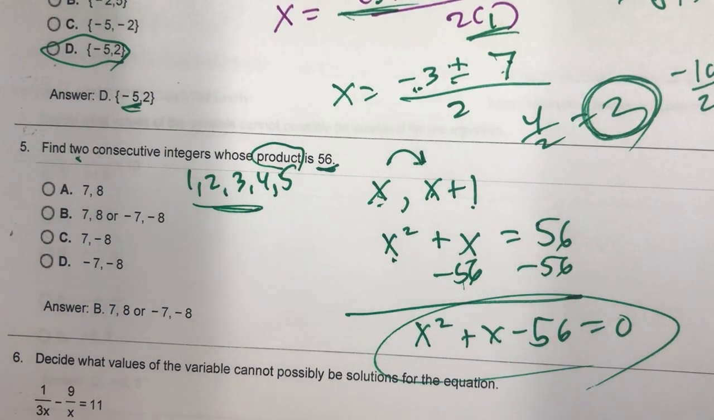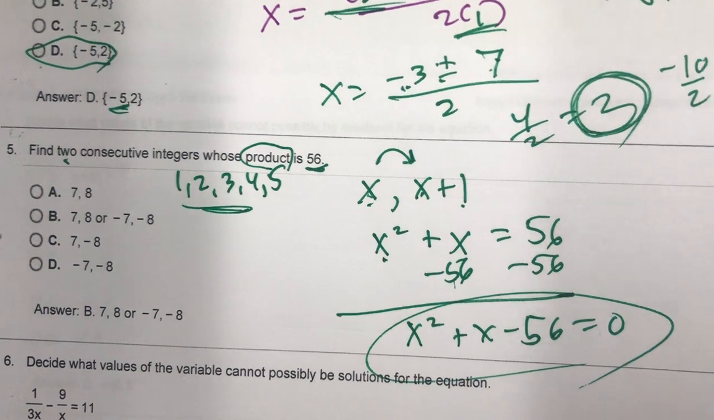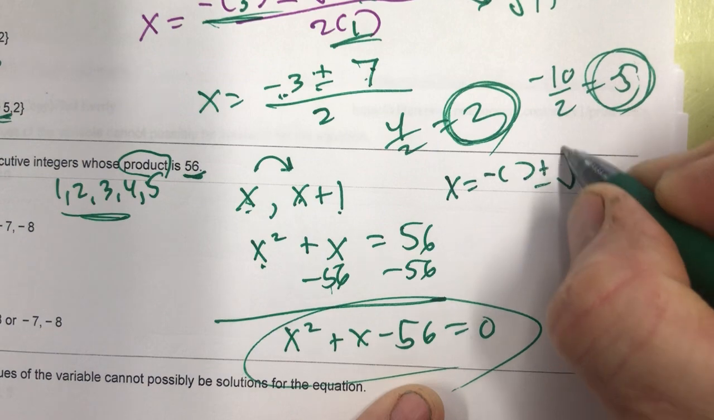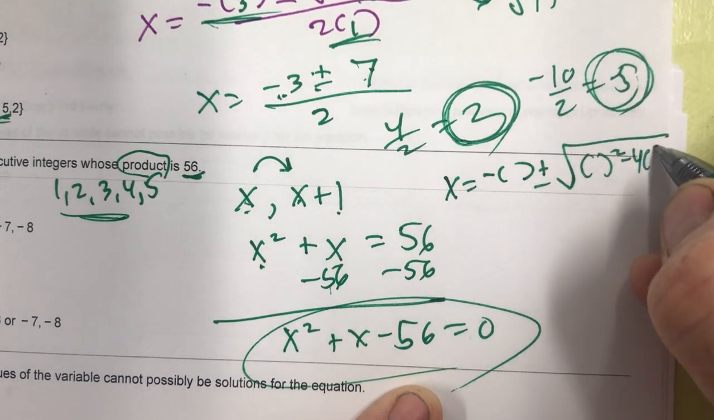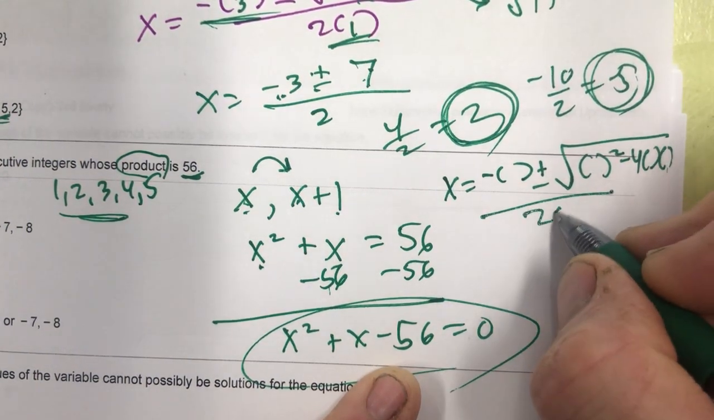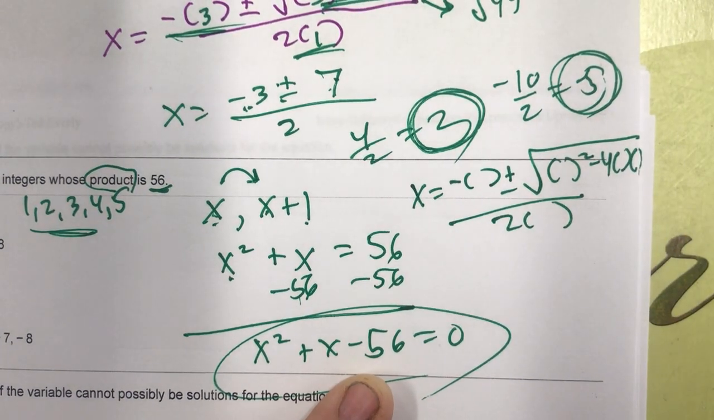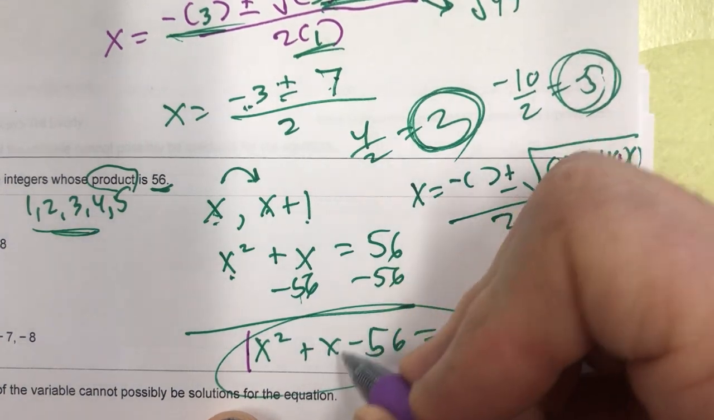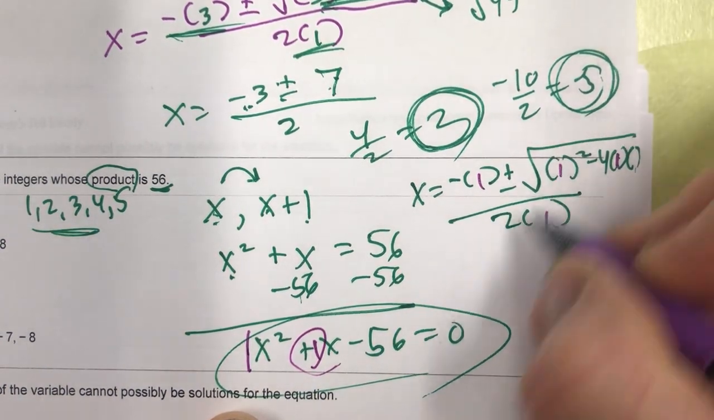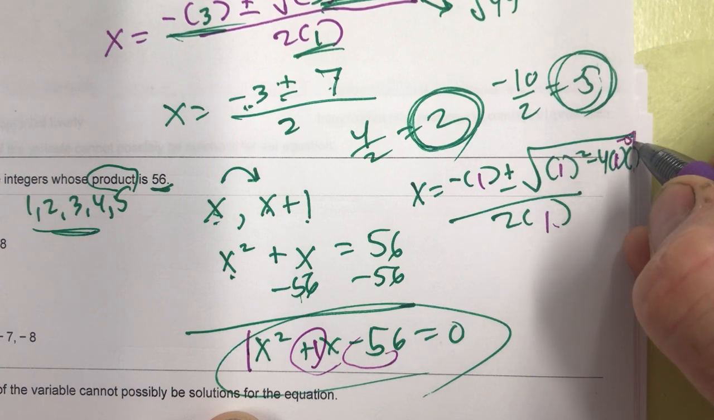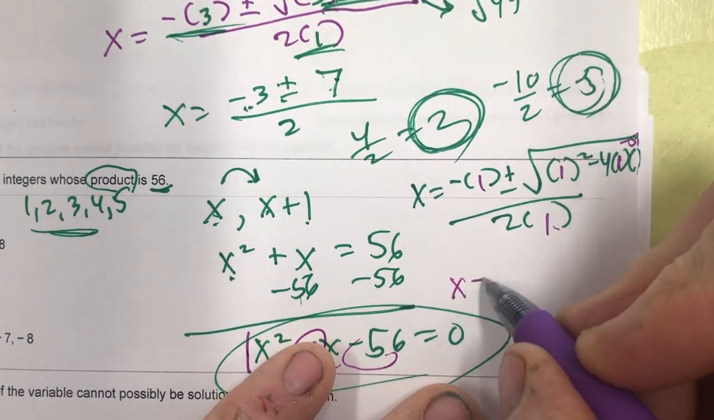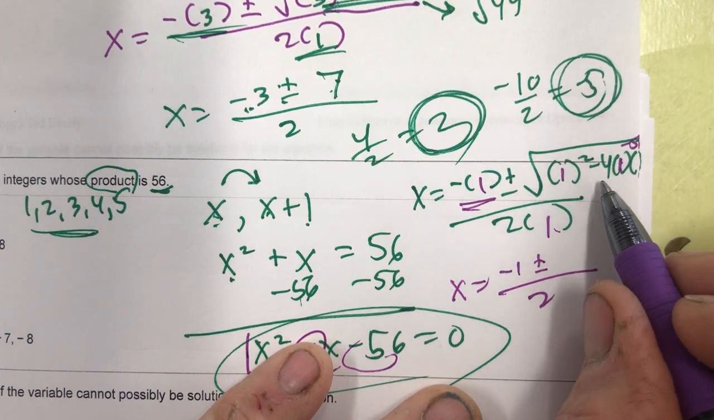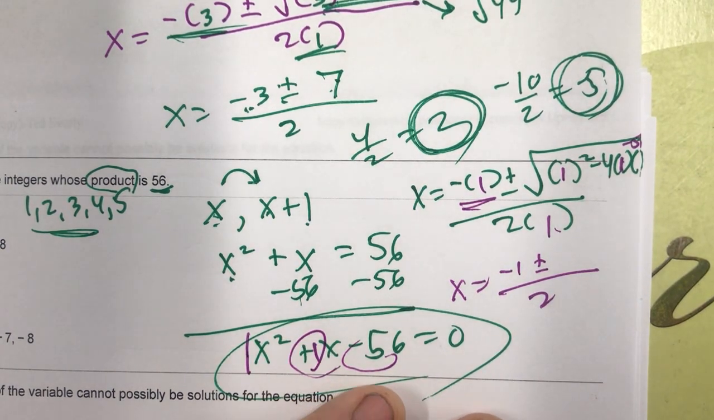And now I can do the quadratic formula. All right, so let's do it here. x equals negative b plus or minus the square root of b squared minus 4ac, all over 2a. And so my a is 1, my b is 1, and my c is -56. So my three things, that's a -1. Down here, 2 times 1 is 2. And then 1 squared minus 4 times 1 times -56,